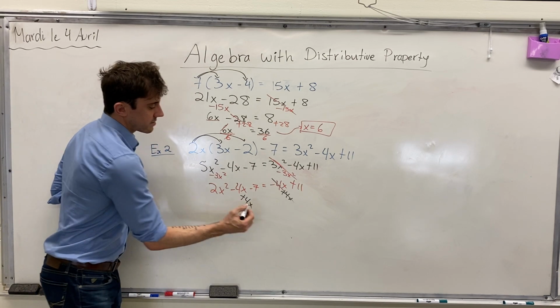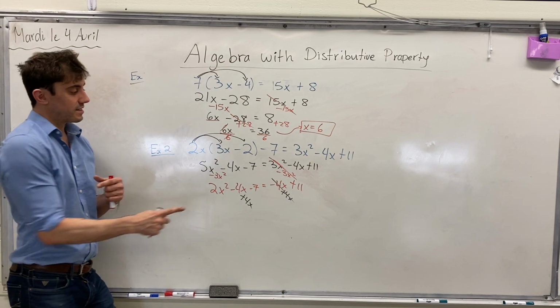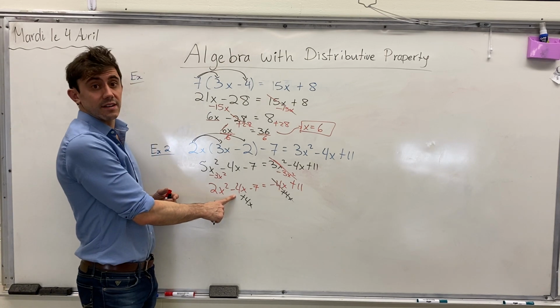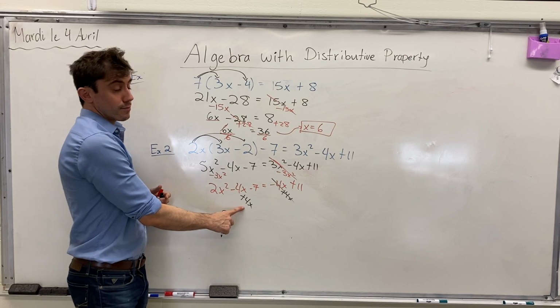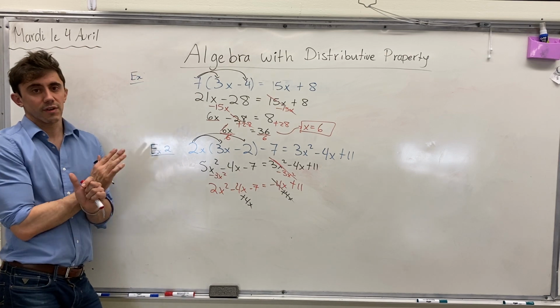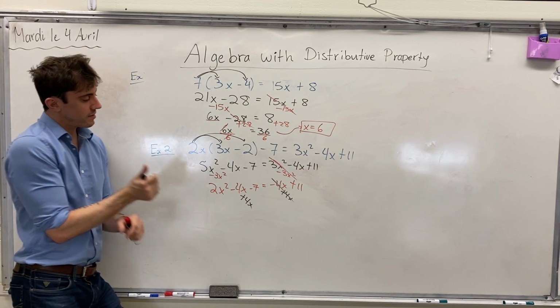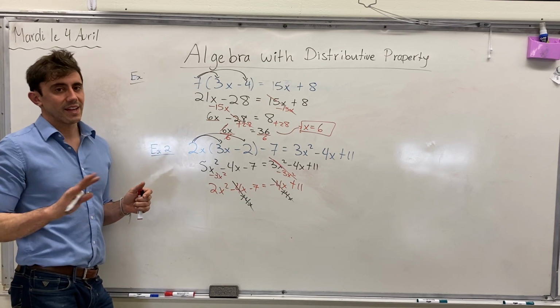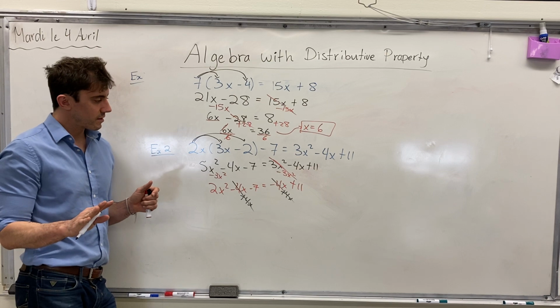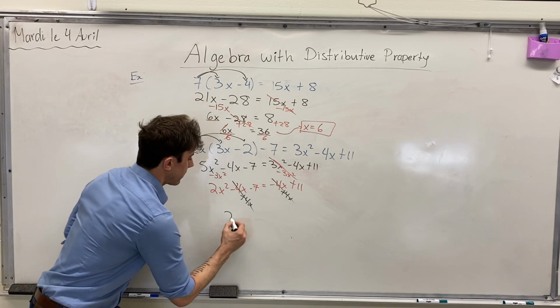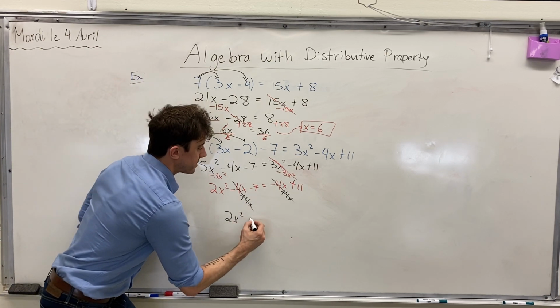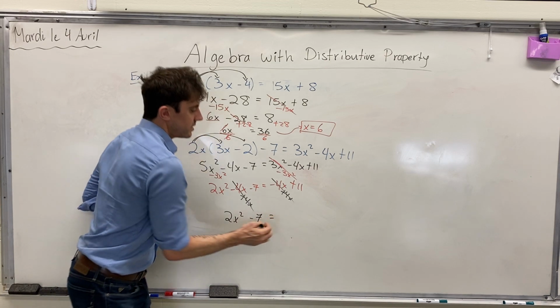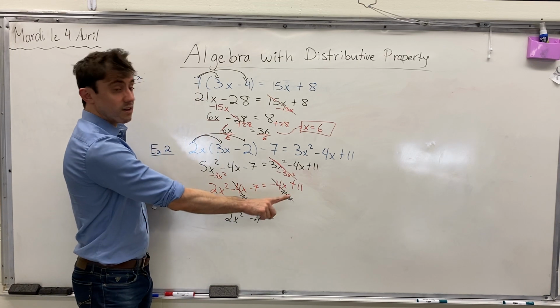if we add 4x on the left side, we see that it also gets rid of the negative 4x here, because negative 4x and positive 4x simply get rid of one another, okay? And so they're actually going to completely go away, and we will no longer have any x terms, okay? And so now we'll have 2x squared, still minus 7, is equal to, the negative 4x is gone, so all